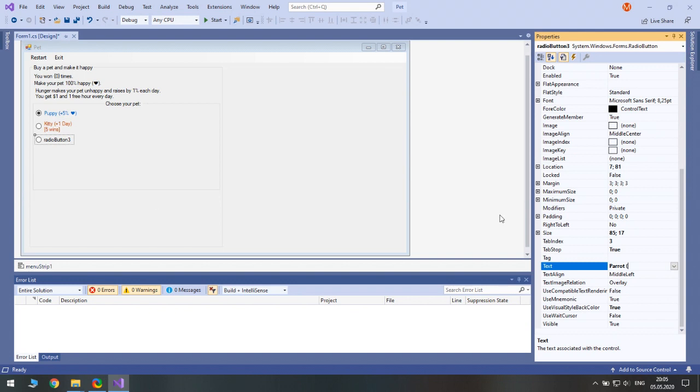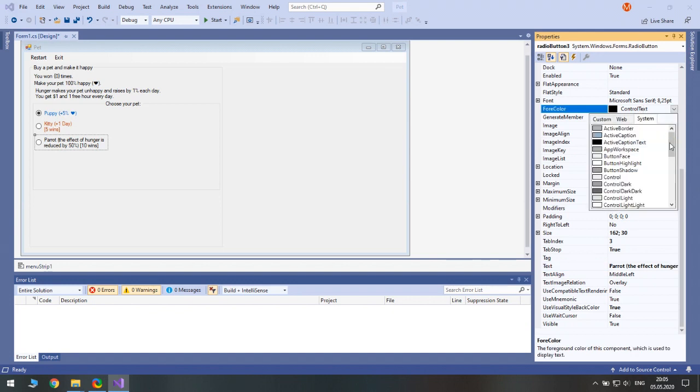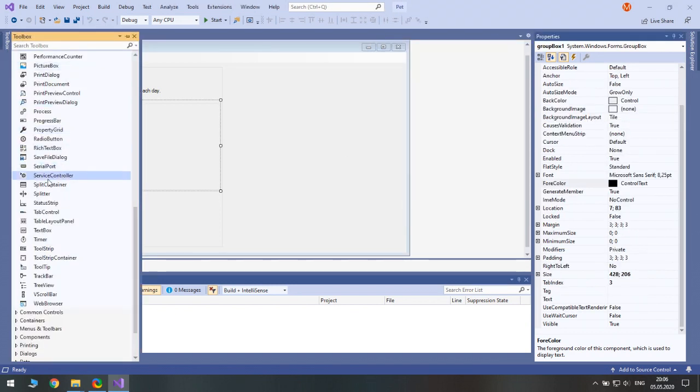So the parrot will be special because the effect of hunger is reduced by 50%, so by half, and you need 10 wins to play a parrot. Good. And its color, let's change the fore color. Hot track, highlight.